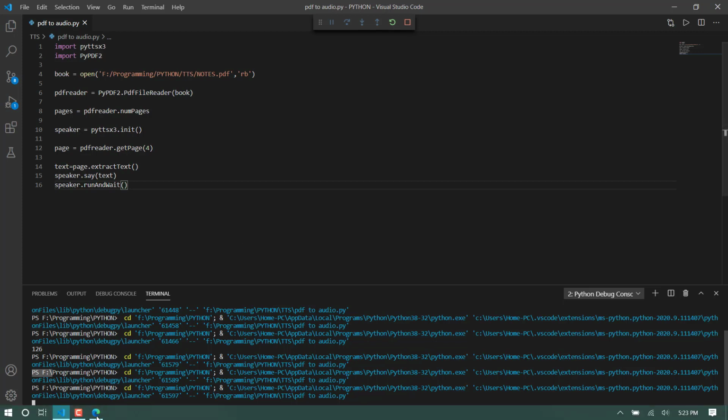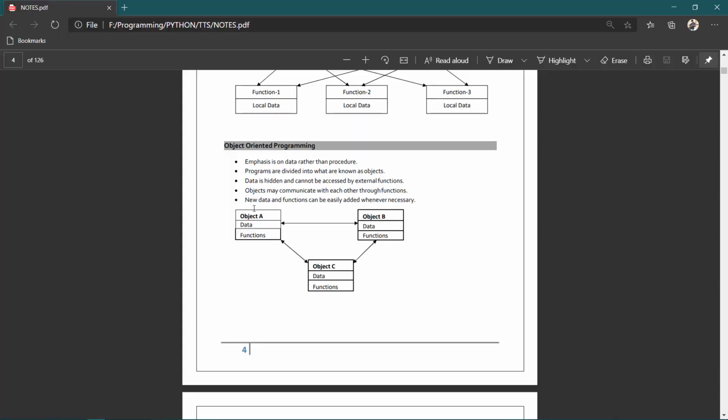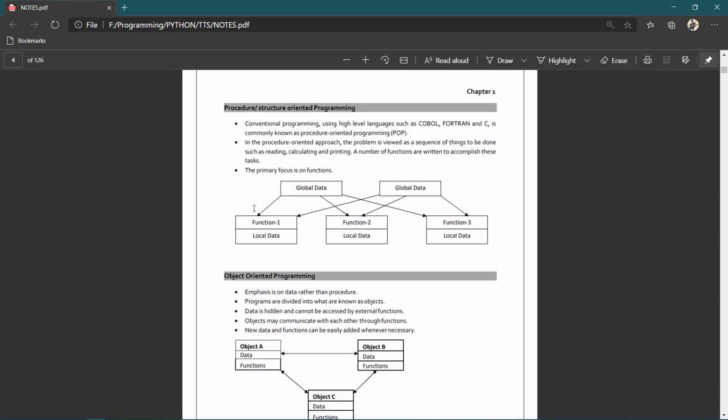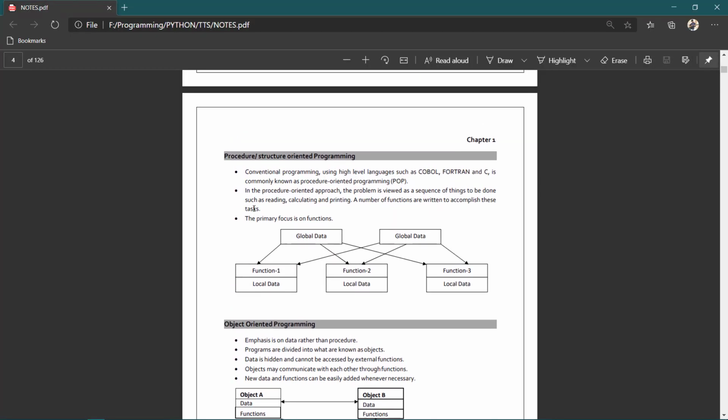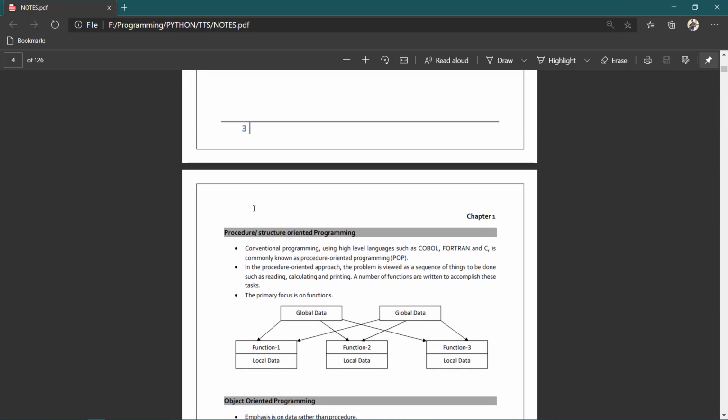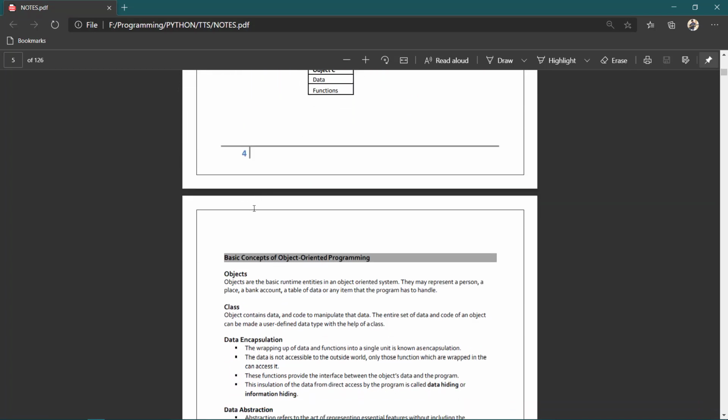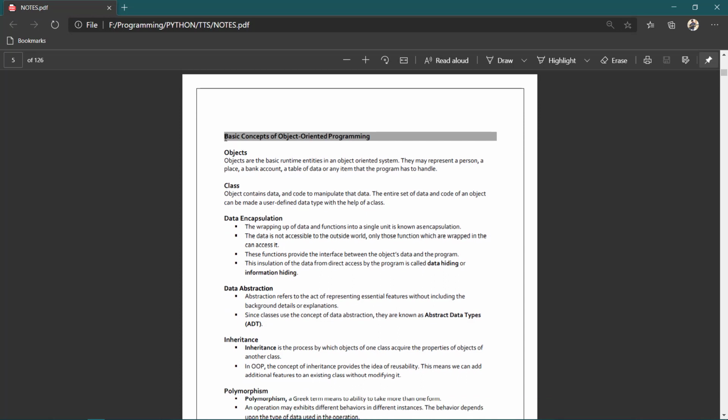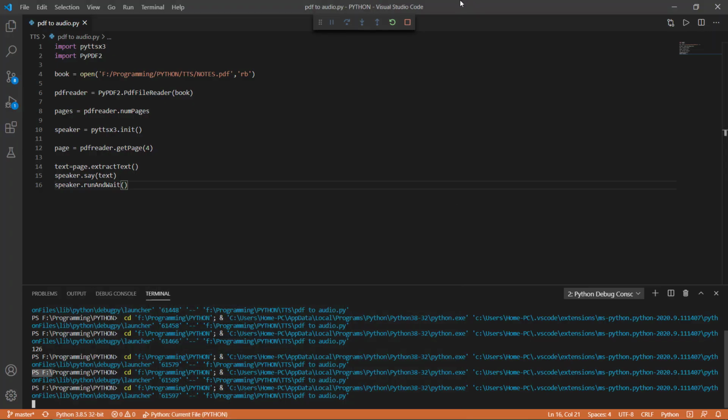Basic concepts of object-oriented programming. Objects. Objects are the basic runtime entities in an object-oriented system. They may represent a person, a place, a bank account, a table of data, or any item that the program has to handle. Class. Object contains data and code to manipulate that data. The entire set of data and code of an object can be made a user-defined data type with the help of a class. Data encapsulation. The wrapping up of data and functions into a single unit is known